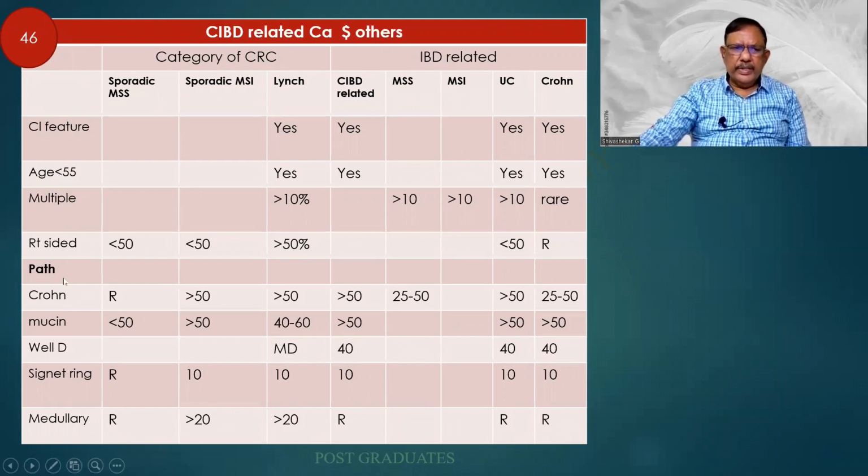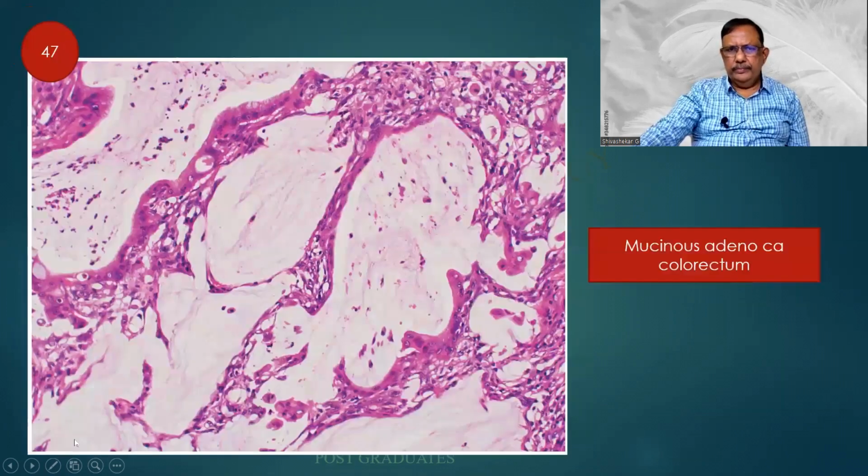What are the clinical features? What are the pathological features? Clinical is the age, whether it is multiple, which side it is, etc. Whereas the pathology is whether it has got a Crohn-like feature, mucin secretion is there. If there is a neoplasia, is it well differentiated? Do you find signet ring cells or the medullary type of tumor? Look at this. It is a mucinous adenocarcinoma. There are tumor cells in lakes or a sea of mucin, which is classical of